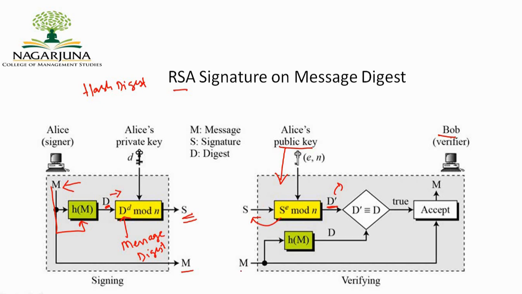Now, as we have received the message, the message is again sent to the hash function, creating a message digest. So this is your message digest with respect to M, and this is the message digest which is generated from the public key against the sent digital signature. Now Bob is going to verify whether D is congruent to D dash mod N. If D is congruent to D dash mod N is true, then the message is accepted. Otherwise the message which has been sent will be rejected, specifying that the signature is not appropriate